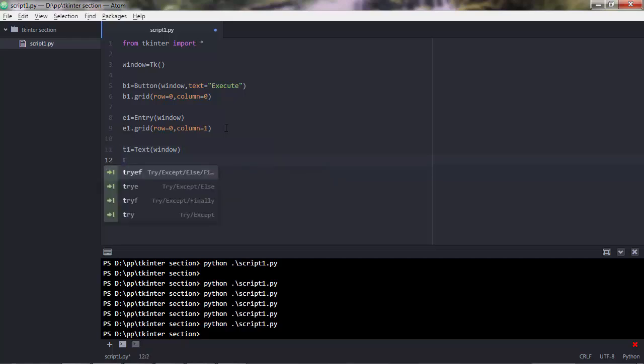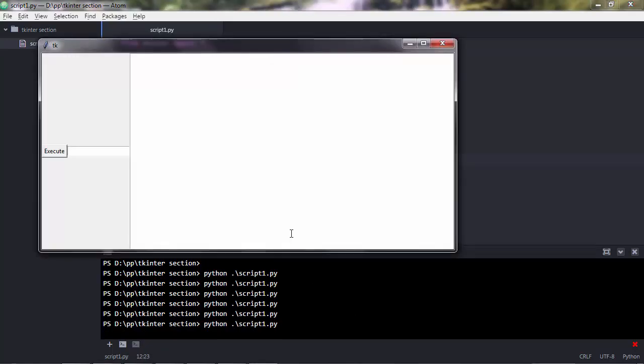And let's say t1.grid row 0 column 2. That's it. Execute. We got a very big text widget